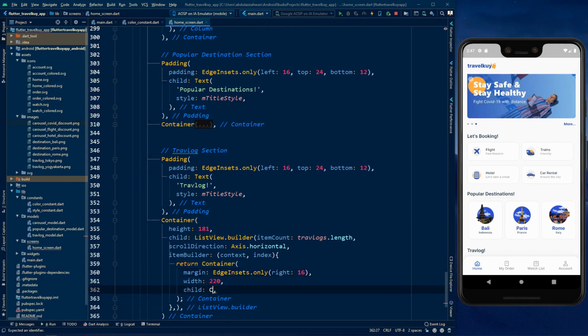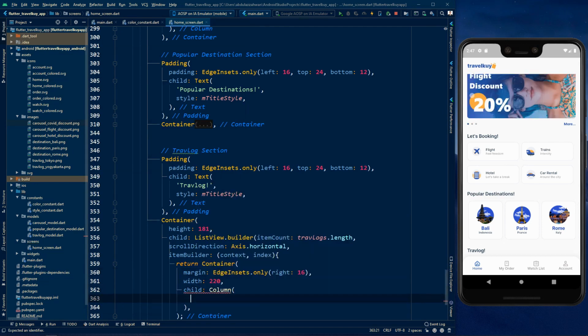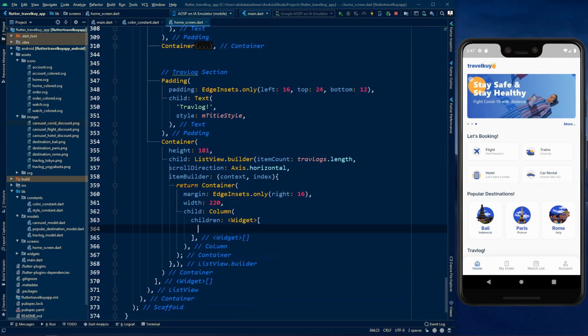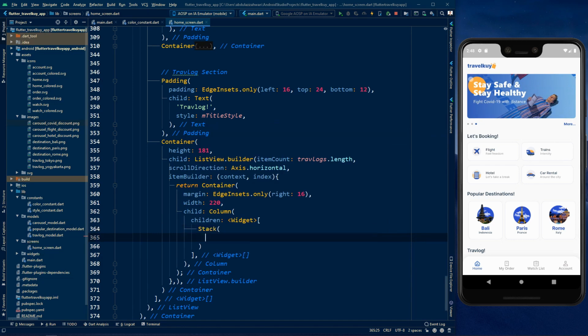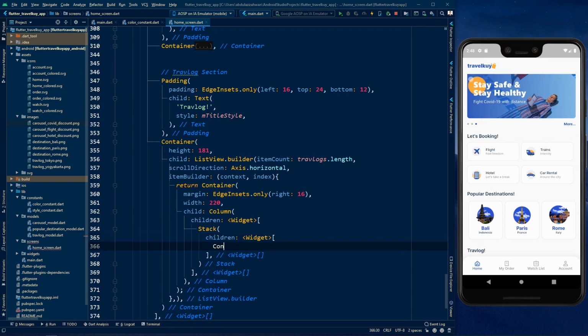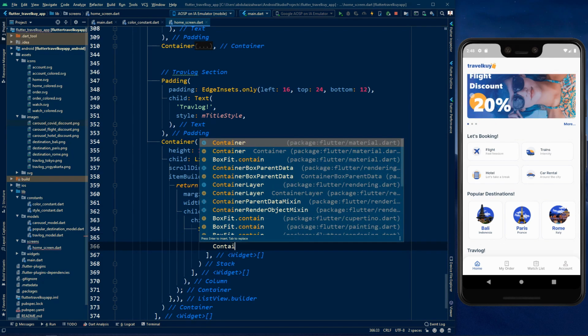So for the child, let's say column, and inside this column, like before, we use children, and for the children we say stack widget, because we want to make our widget to be front and back. So we use stack widget. And inside this stack widget we can say children, and for the first child we use container,